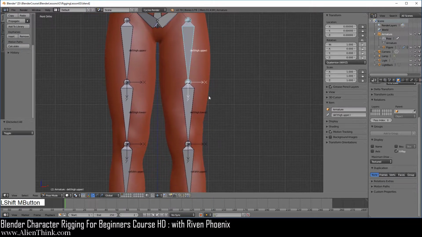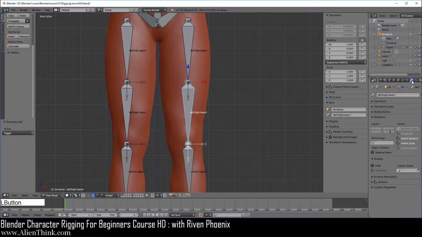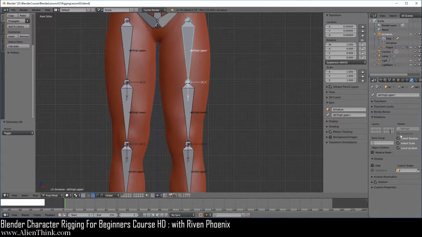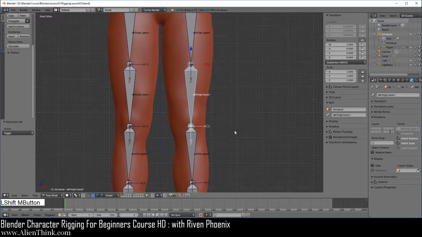Now go ahead over here and click on this bone. Now because there's a parent-child relationship, we don't have to worry about locking down the location because it's not possible to press the G key and move this. The reason for this is because when you go to the bone tab, see the parent-child relationship has this option connected. Now if we didn't have connected, then we would be able to move the bone, just like over here. See, there's no connection. That's why we have to lock down the location. Anyways, go ahead and click this. So here we're just going to lock down the scale.